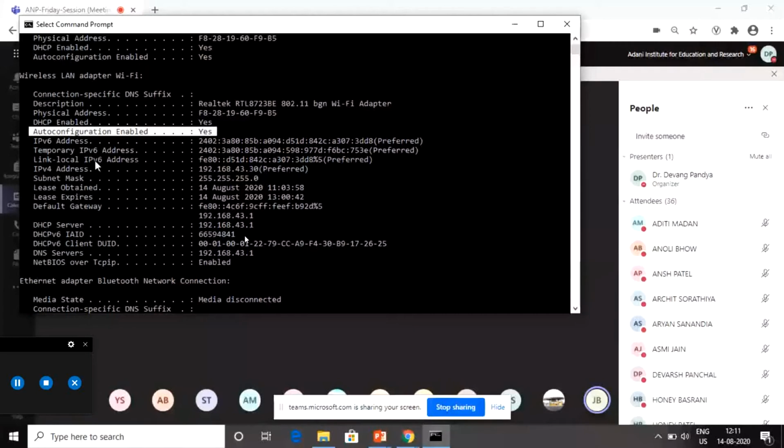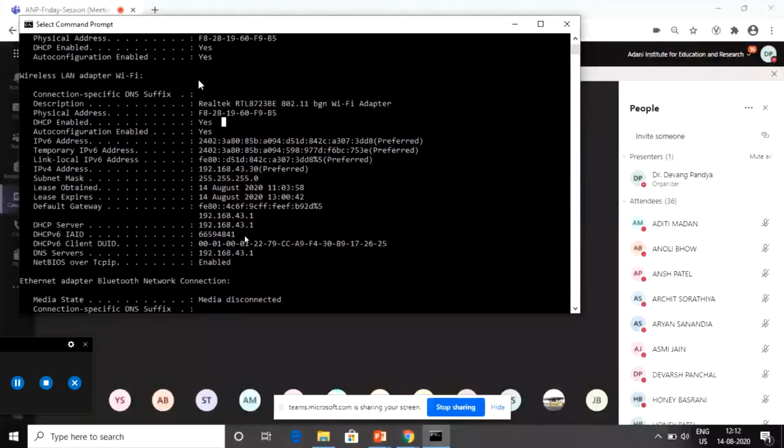So the link local IPv6 address is automatically configured when your machine is turned on, whereas in IPv4 this is not a facility. IPv4 has to contact DHCP to get the IP address, but IPv6 can directly proceed to find its link local IPv6 address. So that is the auto configuration property enabled.